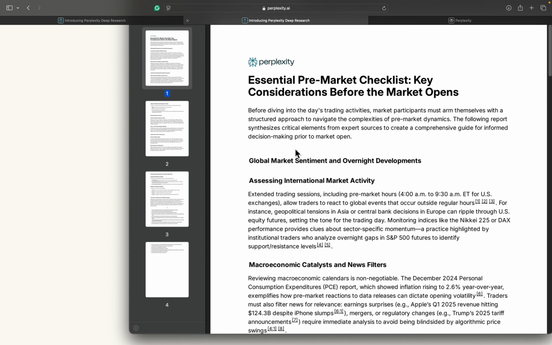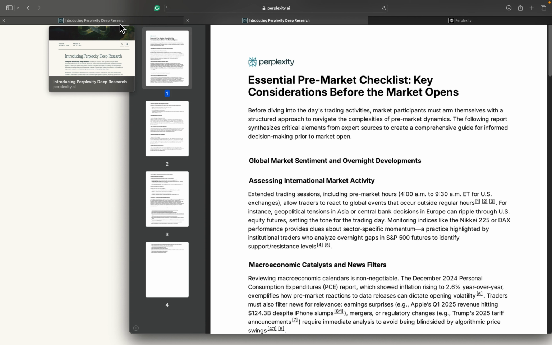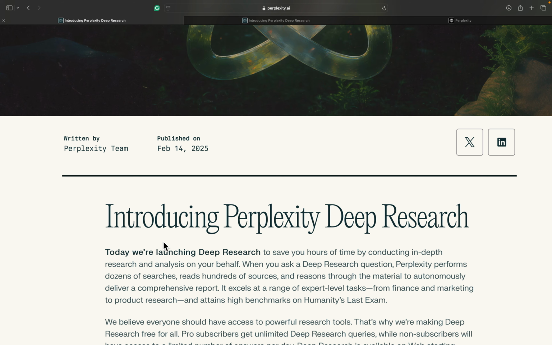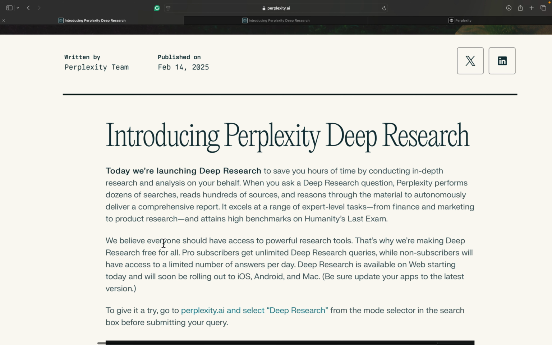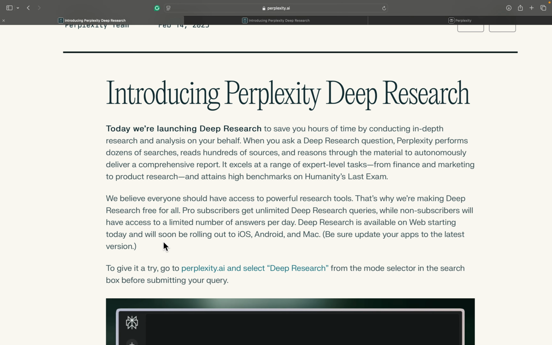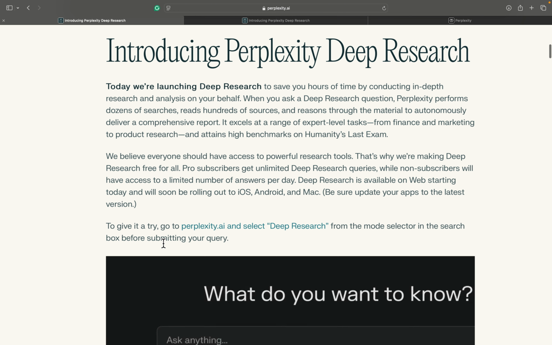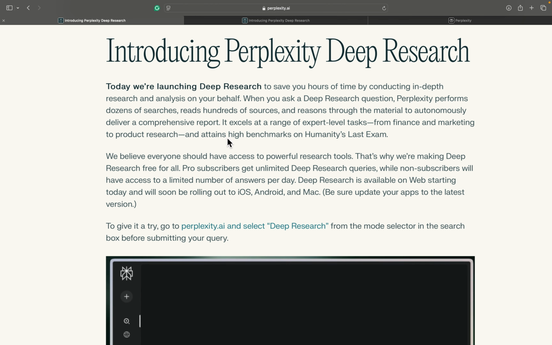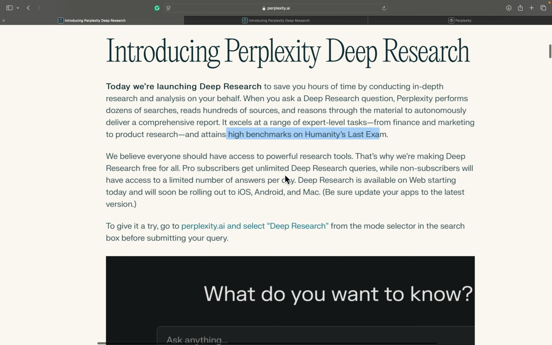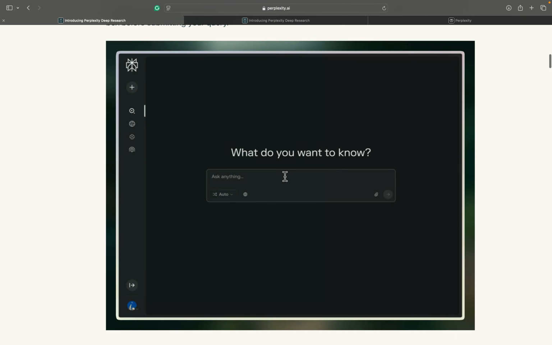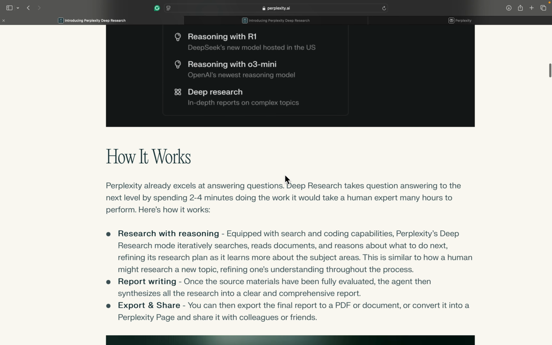But as you can see, it offers way more features compared to ChatGPT's Deep Research, and it actually outperforms ChatGPT Deep Research in many benchmarks. So let's just have a look at their documentation before trying out the feature. And as you can see, it's performing very well on Humanity's Last Exam and many other benchmarks. So if you go down, it says that it actually takes